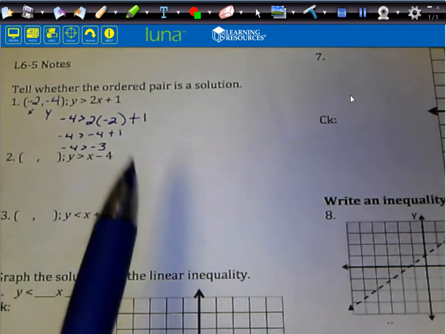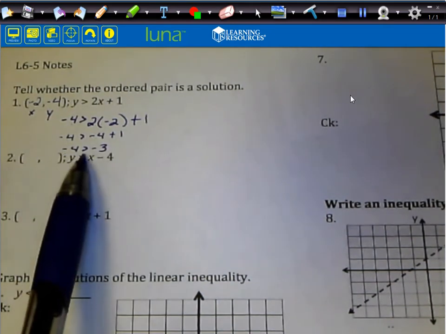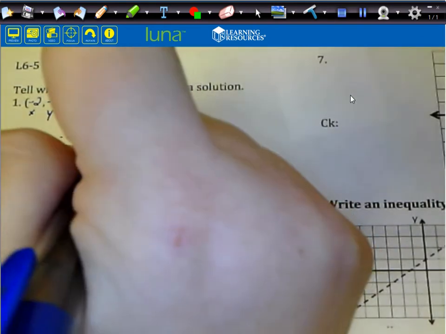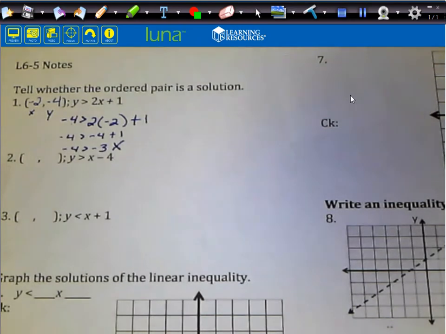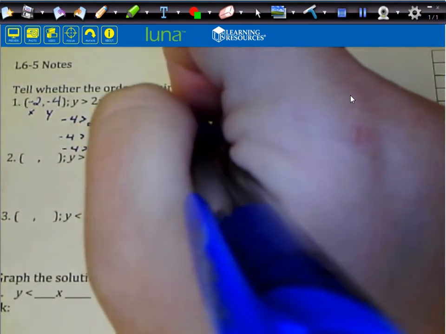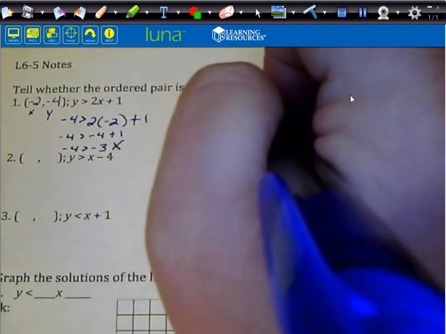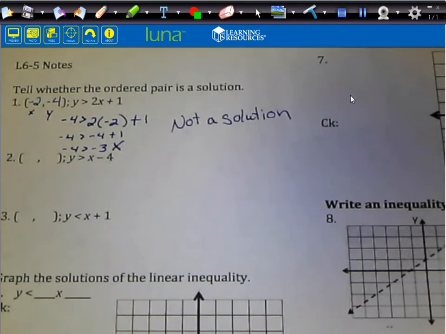So now we have to ask ourselves, is -4 greater than -3? And it is not. So we're going to put a little X right there. It is not. So that is not a true statement. So this one is not a solution. So you're going to write not a solution because it didn't work out. It's not a true statement. So in other words, if I were to graph this, the point -2, -4 would not be in that shaded